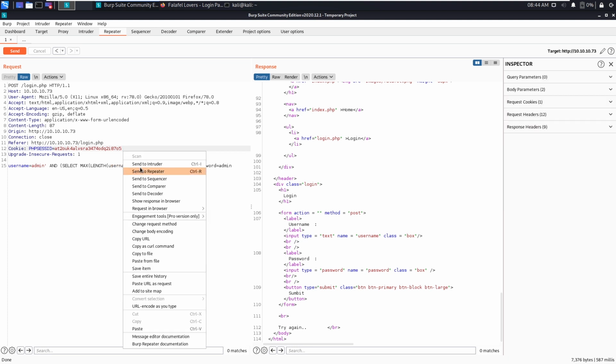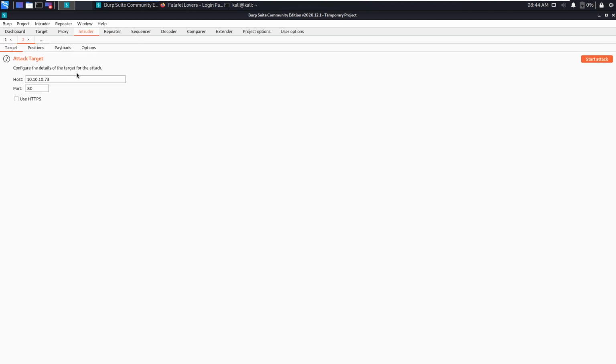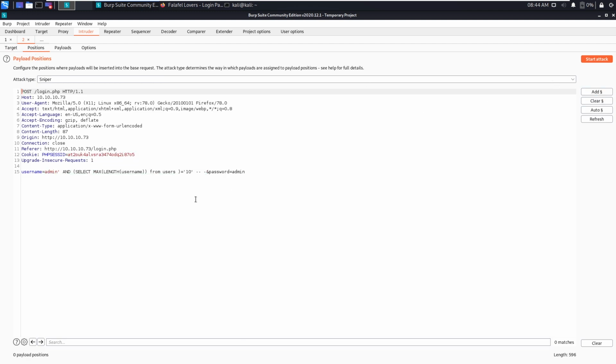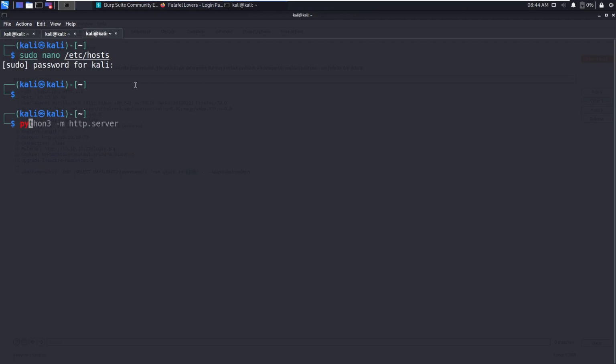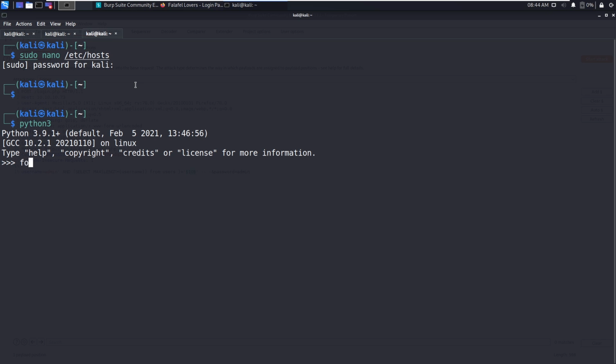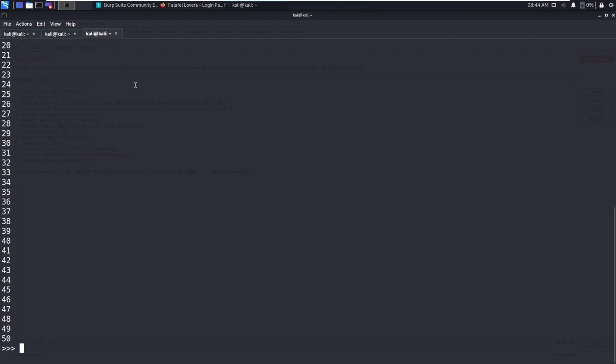Let me send this to intruder, and now we are going to brute force these positions. Clear all positions and set this one as the position. Let me say 1 to 51, because after brute forcing we came to know that the hash has a length of 32.